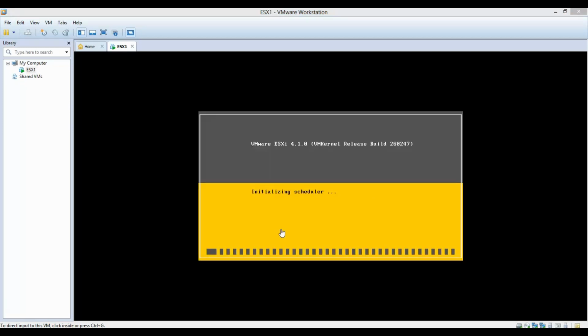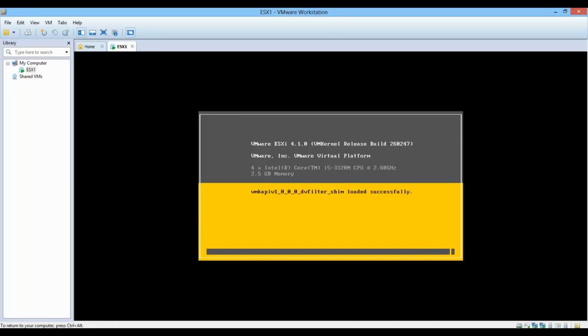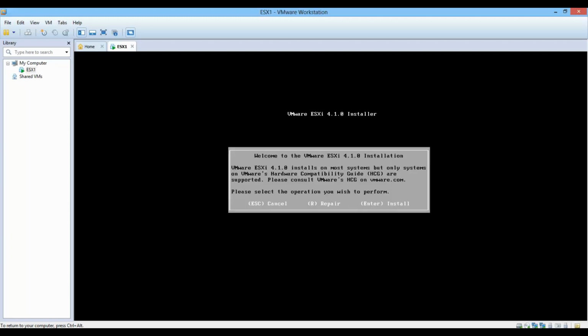So guys, over here we don't have enough resources, that's why we are running VMware ESXi this way. But in the real-time industry, they will be using big servers like Cisco UCS, Cisco HyperFlex, Dell, HP. These kinds of big servers they will be using to install VMware ESXi. You can check here how many GB of RAM and how many processor cores we have given. Now this is a prompt, one pop-up came. You just need to hit enter to continue this configuration.